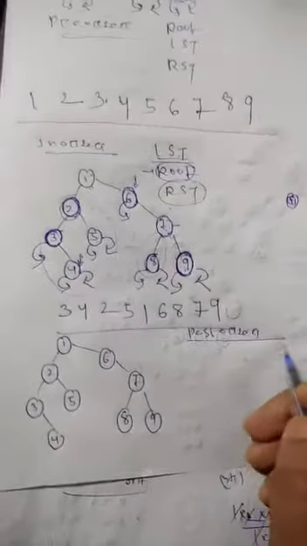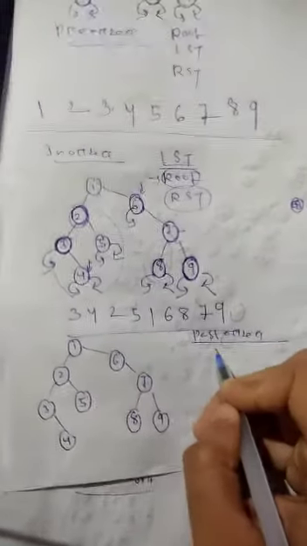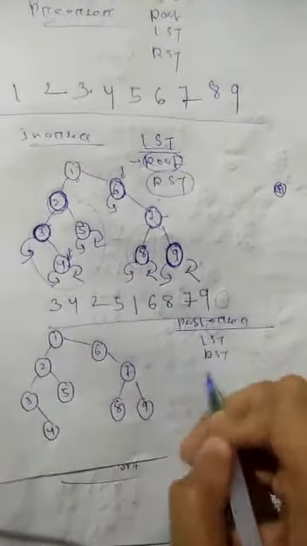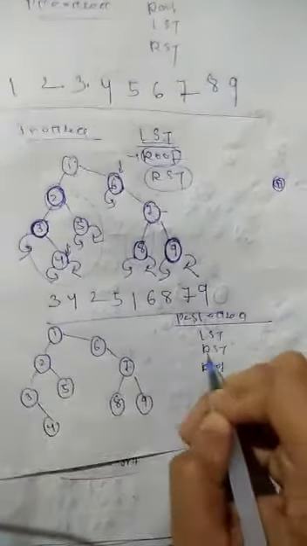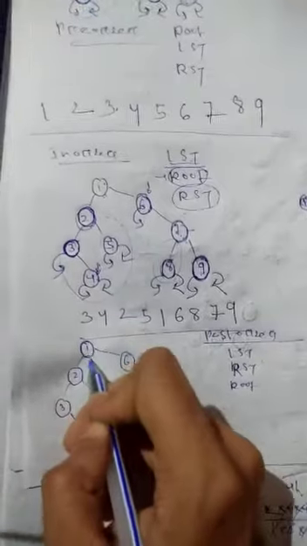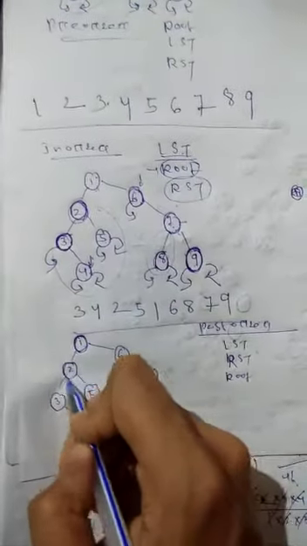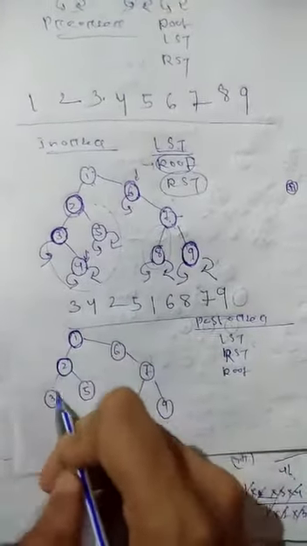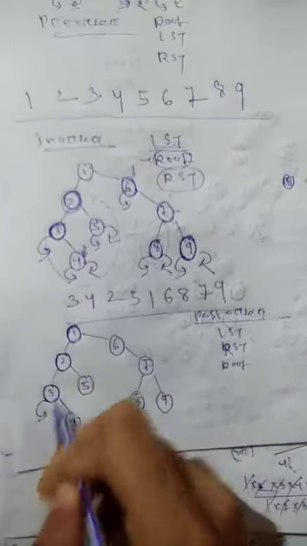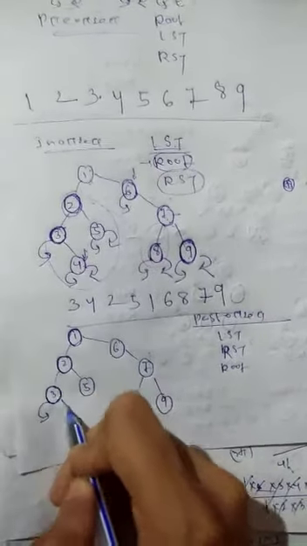So again for post order, what is the post order formula? The post order formula is first the left subtree, right subtree, then third, the root, means third we have to print. First you visit the left, then right, then print. So see here, starting here, you have to go to the left subtree. Okay, for this node you have to go to the left subtree. So for 3, again no left subtree, then return, then you have to go to the right subtree.